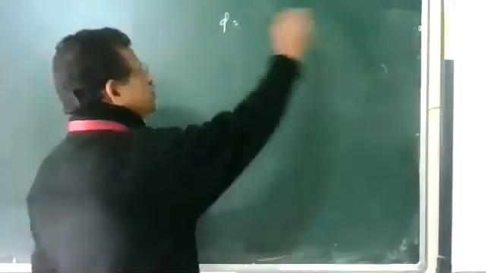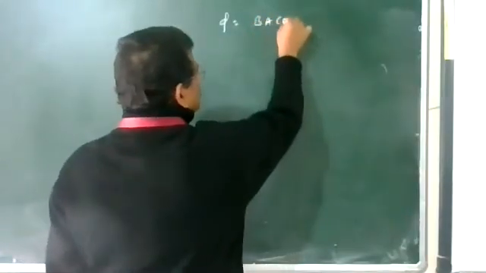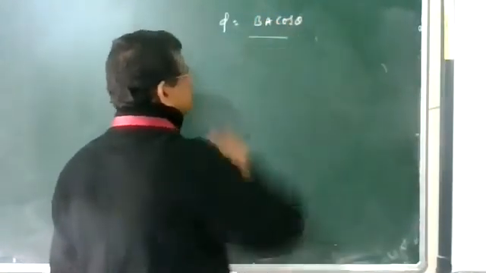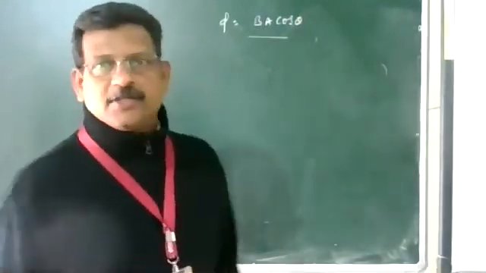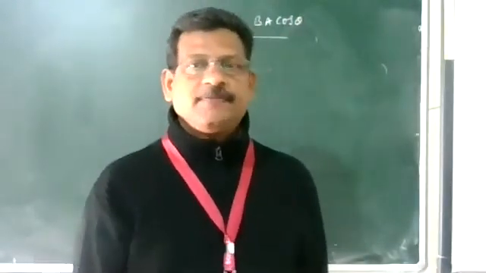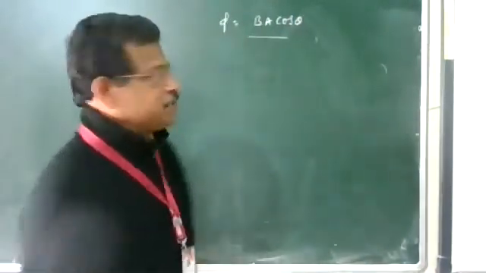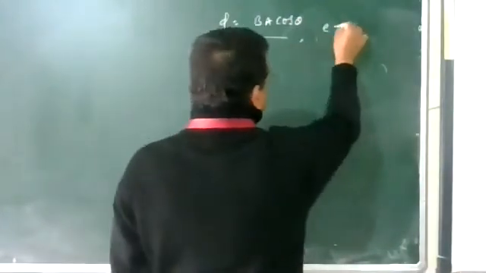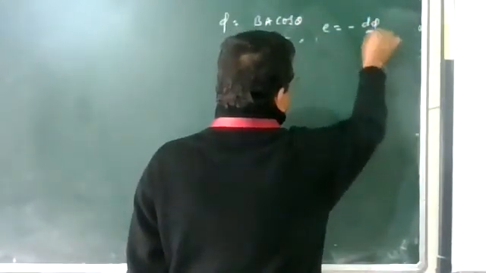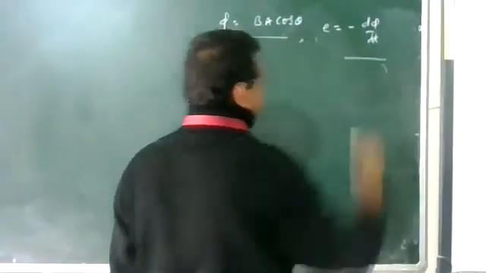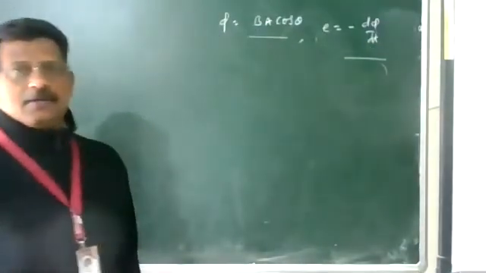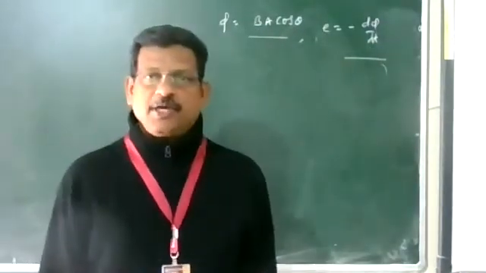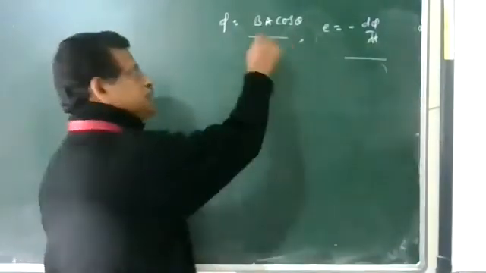Magnetic flux is given by phi is equal to BA cos theta, and the EMF induced is given by epsilon equal to minus d phi by dt. When there is a change in flux, EMF is induced. The different ways of changing the flux: